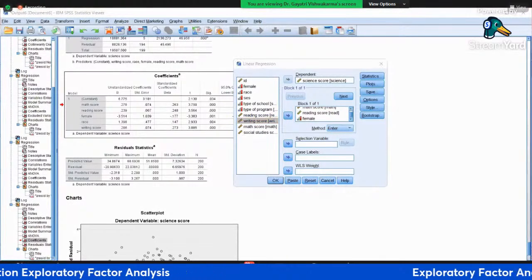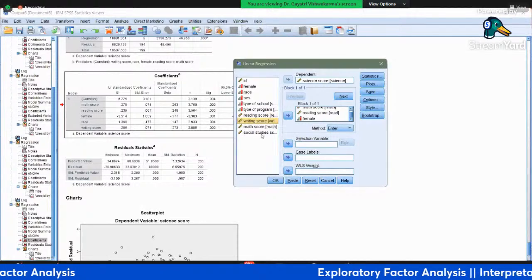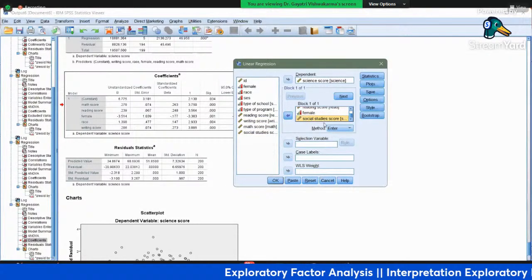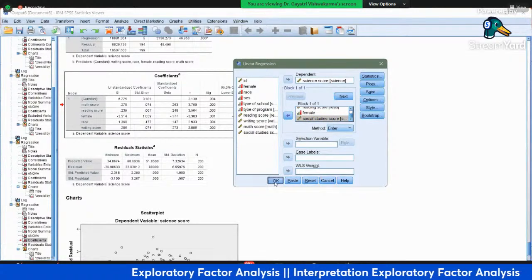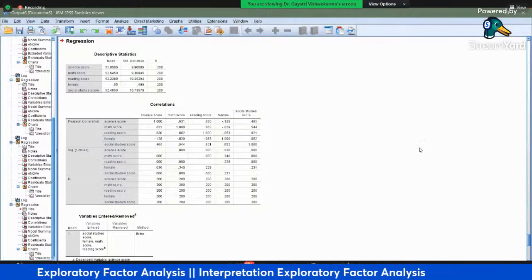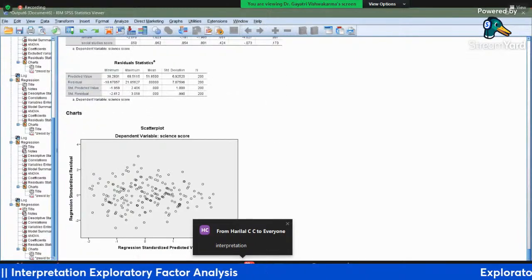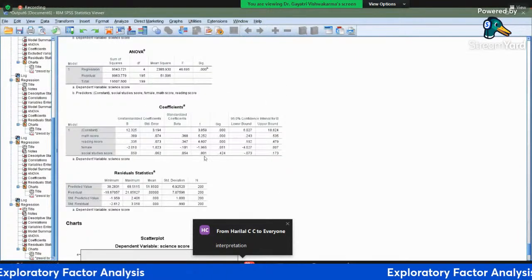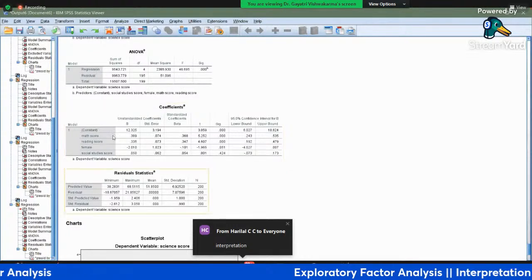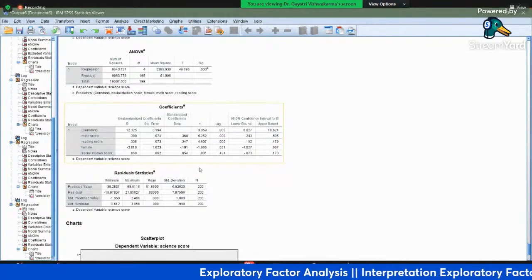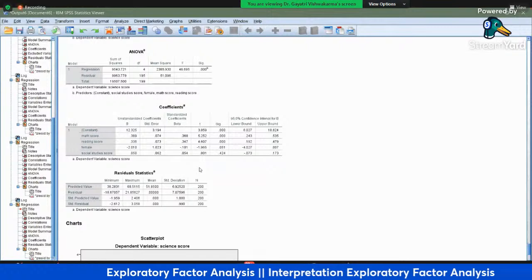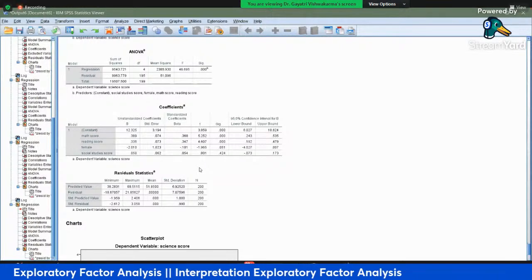Maths, reading, female, and let me put the social science score as well and rerun the model. So when we run this model with the enter method, we are getting this. I want to include the social science score beside that because this is clinically important.